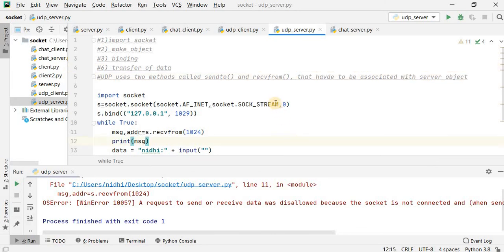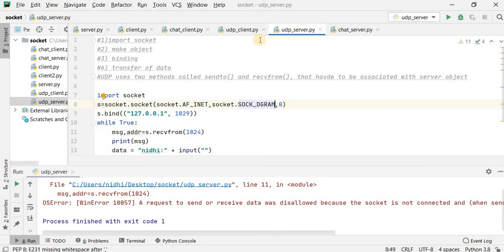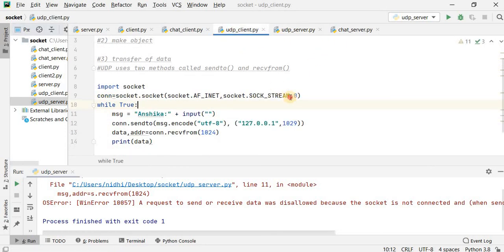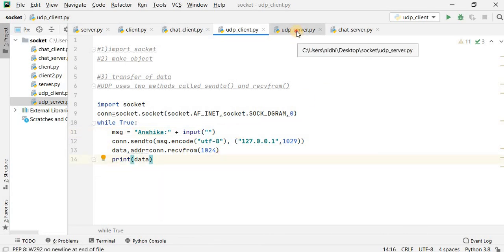And also one major mistake I have done here, that is I am telling you how to write a program in UDP and I am initiating the TCP protocol. So instead of SOCK_STREAM I have to write SOCK_DGRAM. Same you have to do in the client also. So this is one blunder mistake I have done over there. So I corrected all of it, and now we have to run.